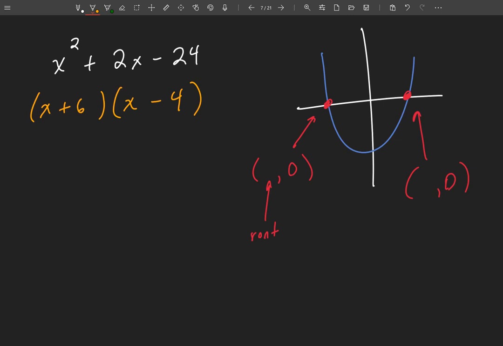Now, quick side note, if you are not comfortable with factoring, or you've forgotten, or you don't have enough practice, I highly suggest going back and watching my factoring video, or watching anybody's factoring video. Go back and practice factoring. Find some practice and do lots and lots and lots of these, because as we go through this polynomial unit, I'm going to assume that you are very comfortable with this process. Okay, it's going to make your life a whole lot easier if you're very comfortable with it. Okay, anyway, so let's talk about